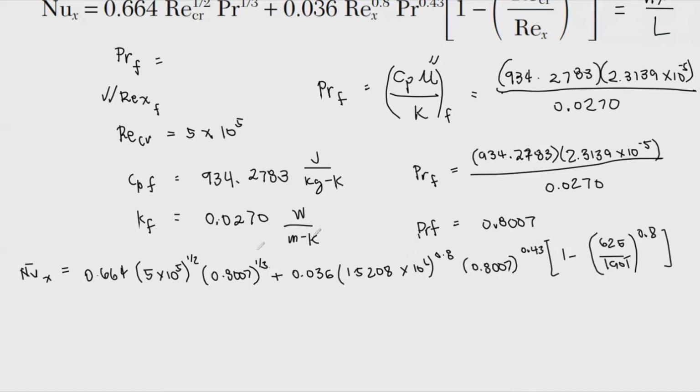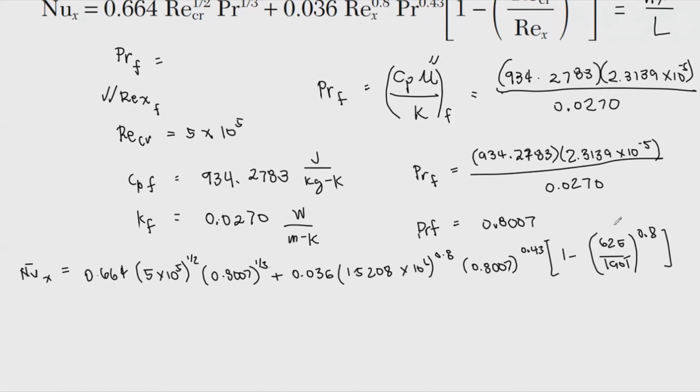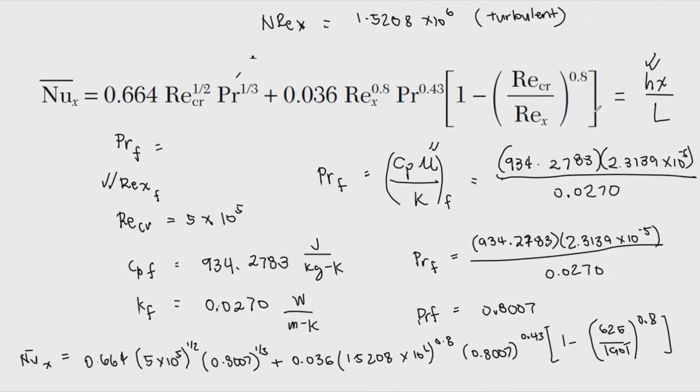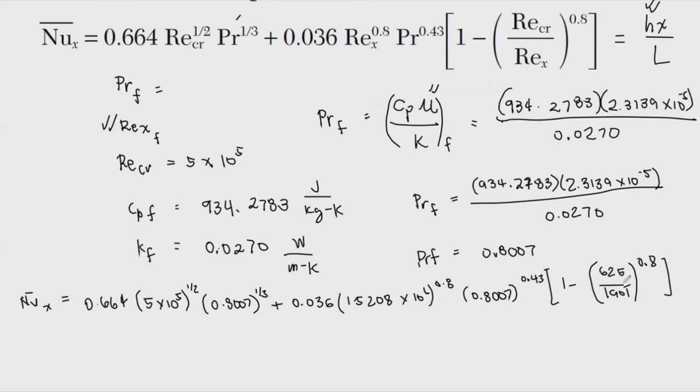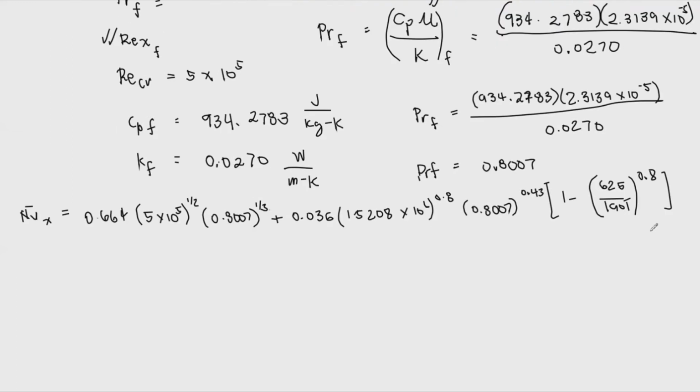So there I've already written the equation in which we have substituted all the values. And take note, this 625 over 1901 is actually the ratio of the critical to the one that we've obtained from the problem, and it's just the simplified form since it can be simplified. So with that, the answer for that would be,